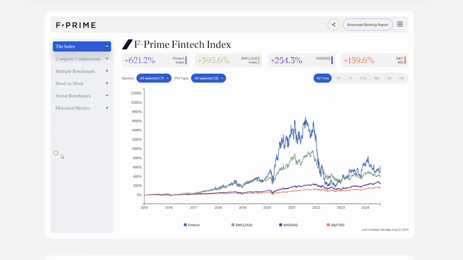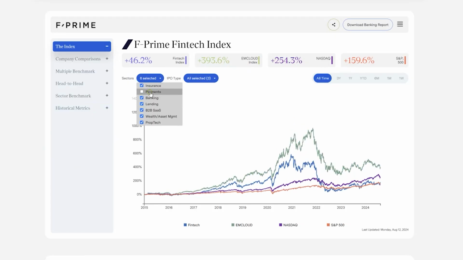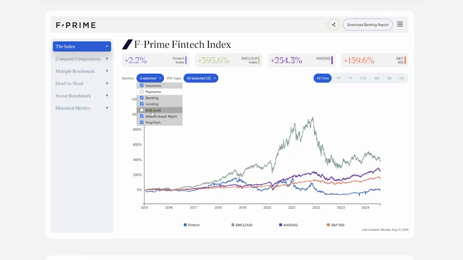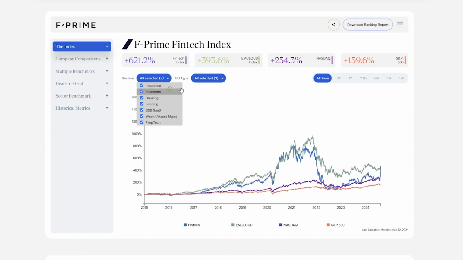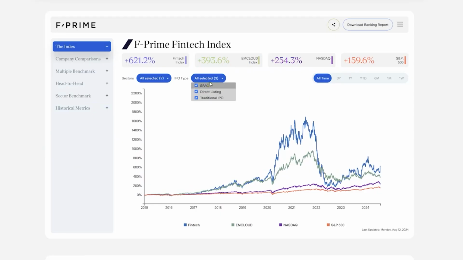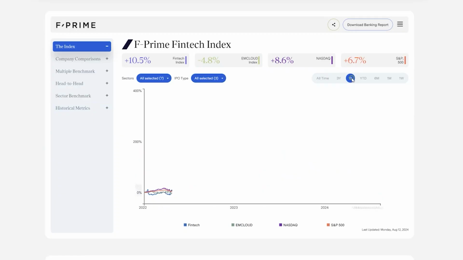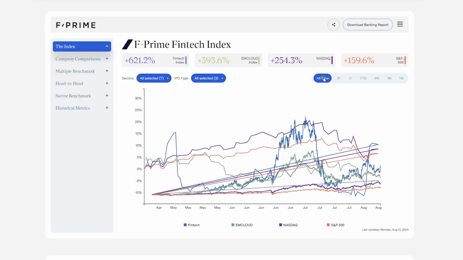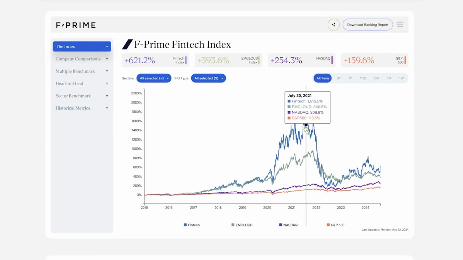The first chart is the index itself, which compares the Fintech Index against the EM Cloud Index, the NASDAQ, and the S&P 500. Users can select the different sectors within the Fintech Index to compare their performance against the other indexes, as well as the IPO type. The chart also offers a flexible date selector ranging from all time to 1 week. When the user hovers over the chart, they can see the exact percentage the indexes have changed over the selected